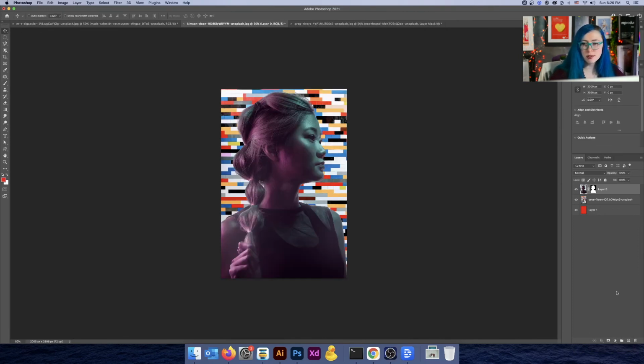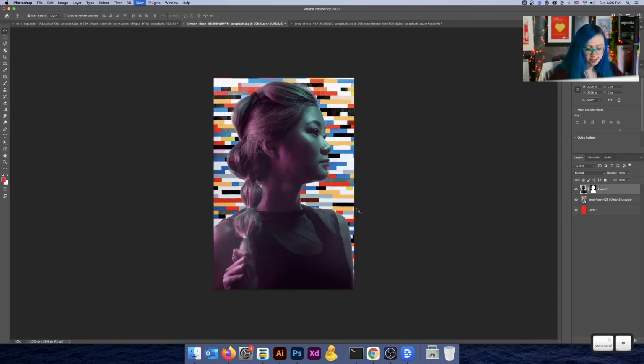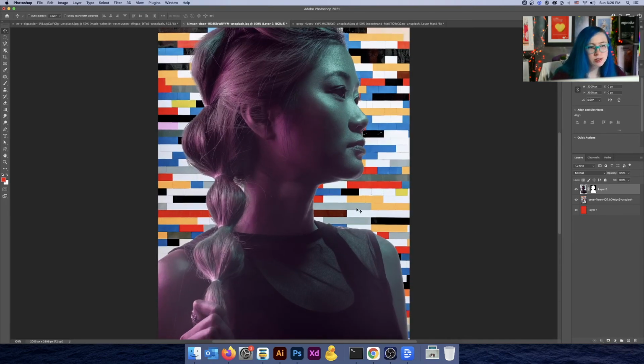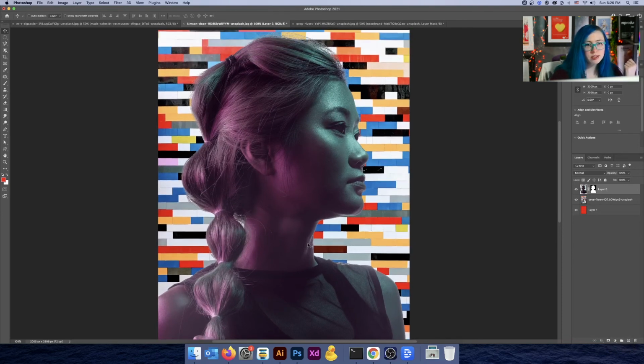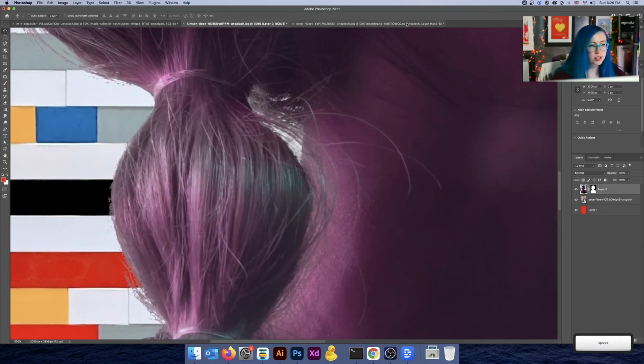All right, so let's return to our photo here. And this is nice and cleaned up. It looks relatively good. This is a little odd here, but we're not going to worry about it too much. I don't think it's too noticeable. If we wanted to, we could go back in and do some detail work on this layer mask and mask that out. In fact, I can just demonstrate that to you quick.